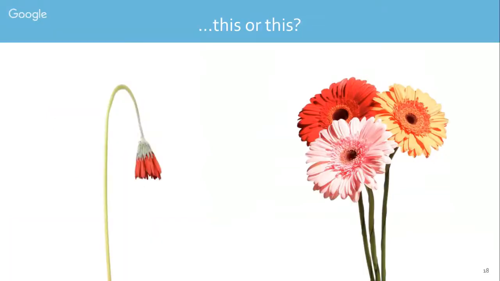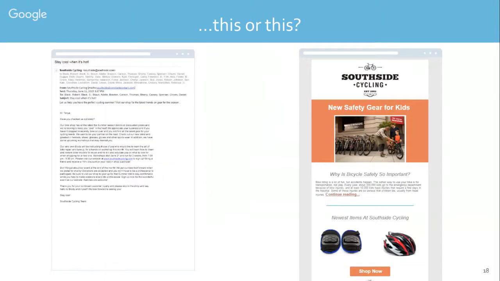So the droopy on the left and the fancy on the right. It's the difference between the left and the right on this page. A regular email from Outlook or Gmail or whatever tends to be kind of boring. It has all kinds of names on it up at the top. It's from a person. And this message on the left, it's not too bad. It says, stay cool when it's hot. That's pretty decent as a subject line.